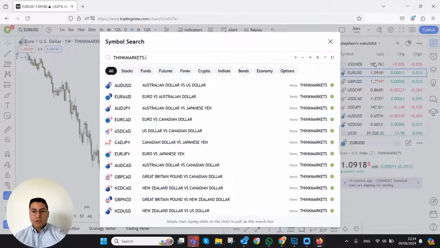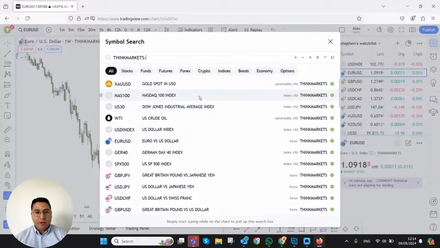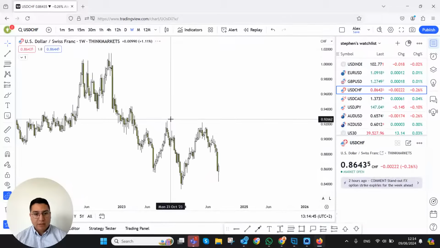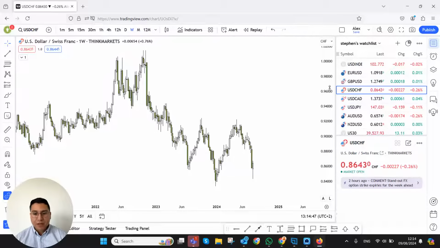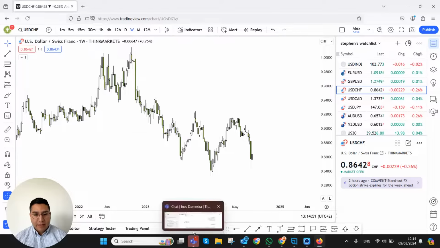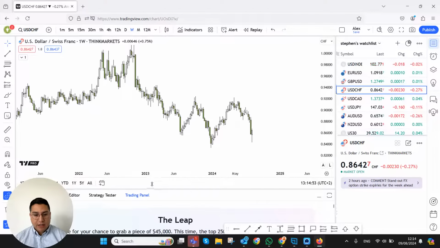You can of course create your own list with all of this enabled. It's super easy. But if you're looking for something fresh or something directly, just go here. So when you press ThinkMarkets, you're gonna see all these assets. So out of curiosity, let's just take a look here. So we're gonna open this. This is the dollar Swiss franc. So you can see here that you have the buy and sell buttons enabled up here. And if you look here in the bottom,